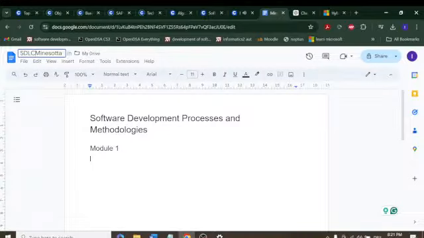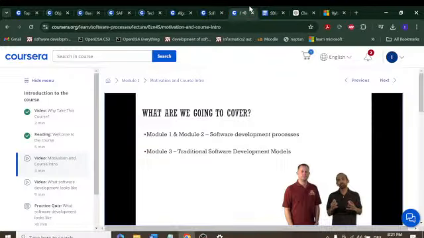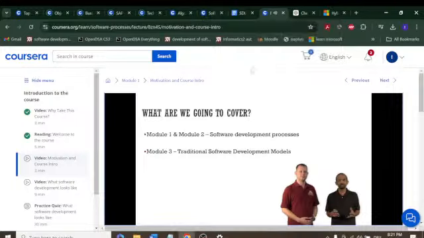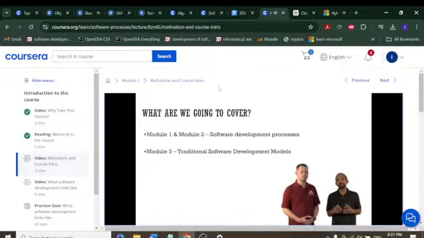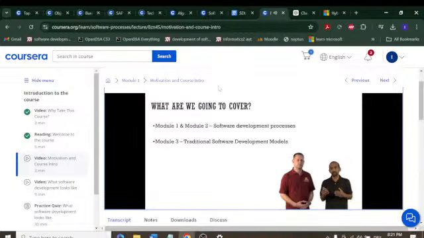And then once we learn about the core software development processes, we will learn about some of the industry standard methodologies. What are the pros and cons of each? You will learn enough to have meaningful conversation around the software development processes in your teams. In week 3, you will learn about traditional software development models like waterfall, V model, sashimi, and rational unified process. In week 4, we'll learn about the agile mindset and get an overview of some of the common agile and lean